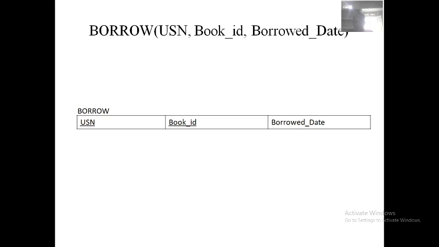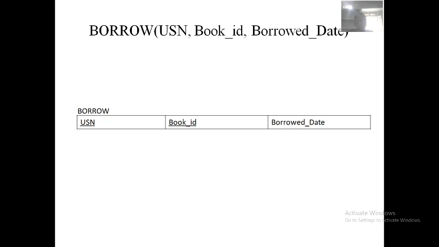See here now, on the same date, how many students will go to borrow books from the library? That means this table is not having a primary key, sir. Okay, so borrowed date is not a primary key, hence as per you, it is not having any primary key.